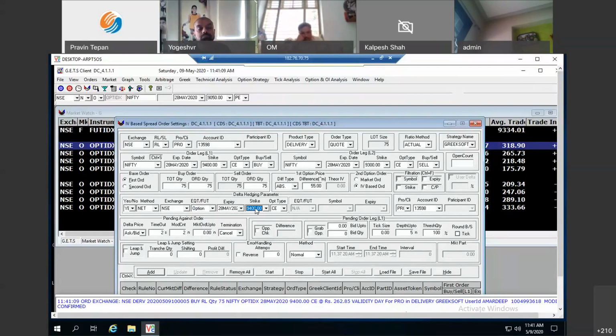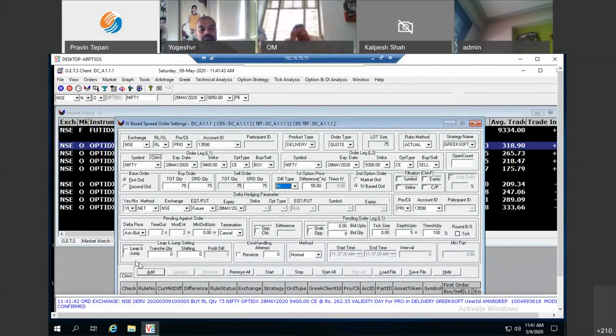I don't want to do it in weekly expiry, and I want to do it with say 9200 call option, or maybe 9200 put option. So I can do that. If you choose synthetic, then it will choose the call and put accordingly. So all the possibilities are here for you to choose from. This was my absolute, which was also possible in Alt Z, but the add-on here is I can do delta hedging as well. Moving ahead, I can also do IV based spreads.